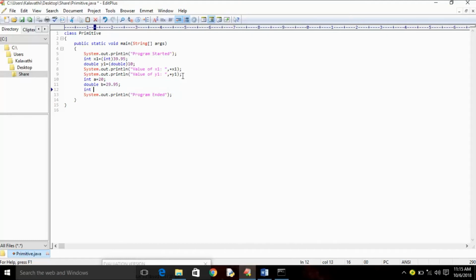Int x2 equal to int b. This is variable typecasting. Double y2 equal to double a.